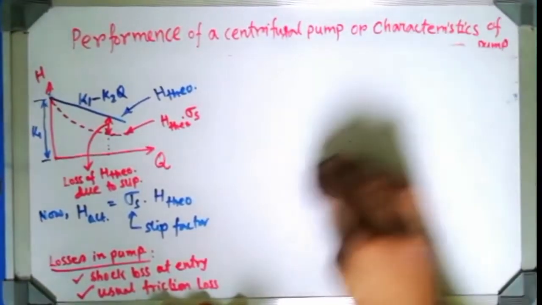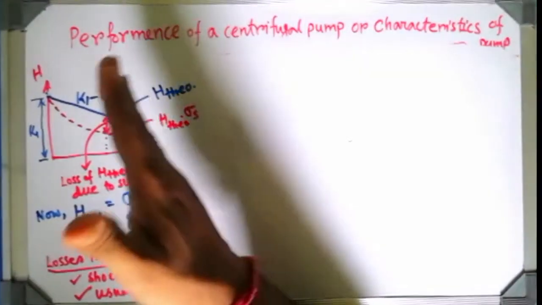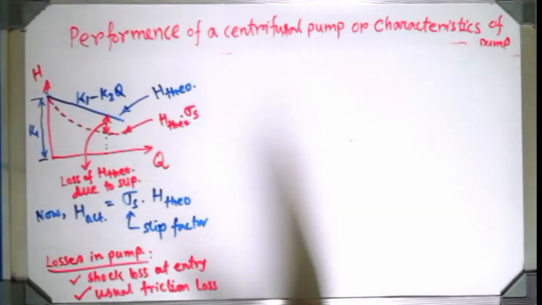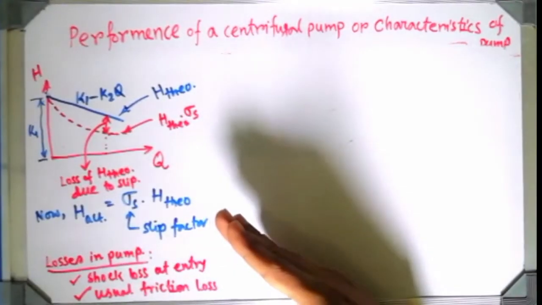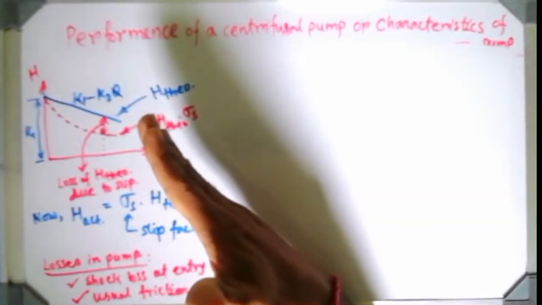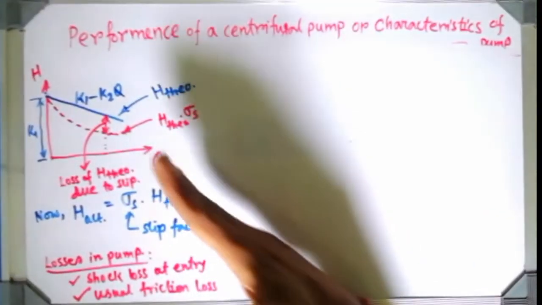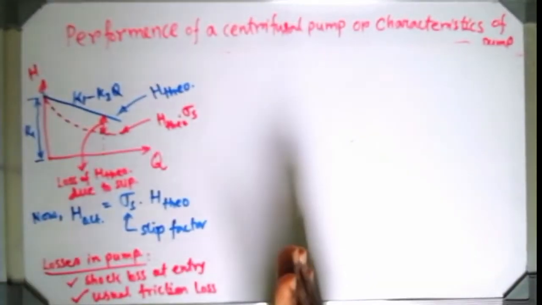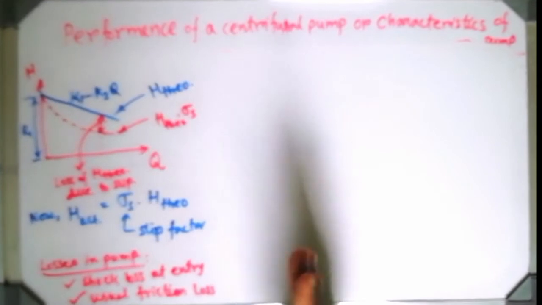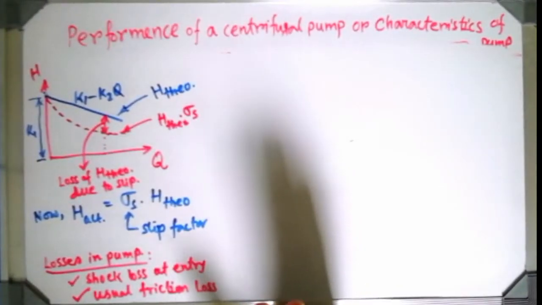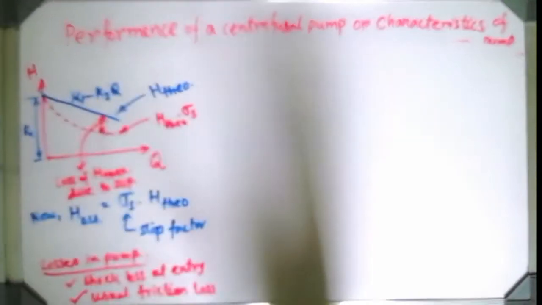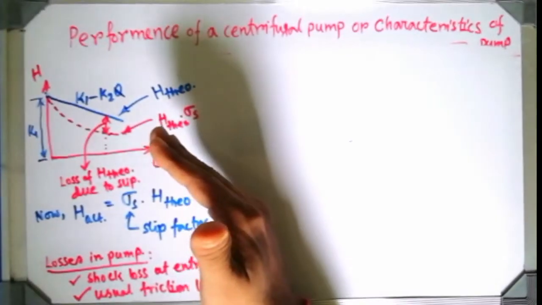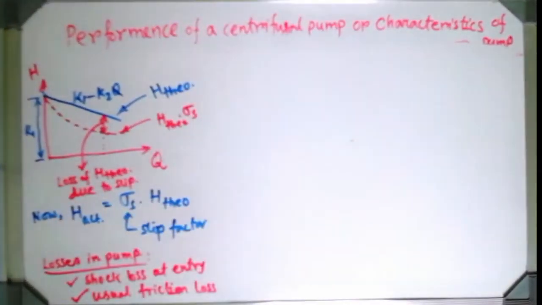Basically, when the water is going to enter the blade, it may occur that some oblique entry is there. Oblique entry means the water jet which is going to enter the blade may be at some angle at the inlet. By design, it should always be maintained as radial entry, because efficiency will be maximum if the inlet is radial. But due to any kind of malfunction or manufacturing defect, it may occur that water enters the blade in an oblique manner.